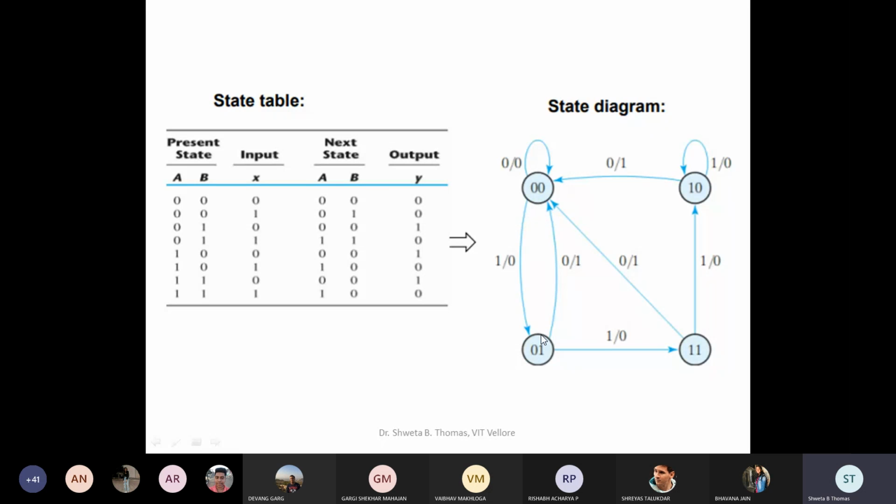That's why I told you, I draw this table in this form, so it will be easier to understand for you. One by one, you can move forward. Now, in present state 0, 1, next state 0, 0, coming like this. Input is 0 and output is 1. In this way, you can complete all the states and you can form a state diagram.